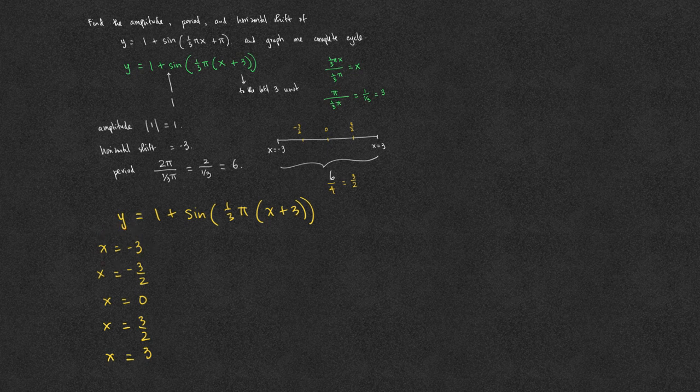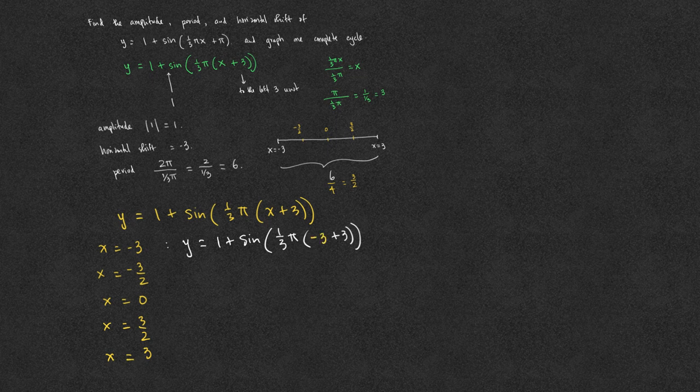These are the x-coordinates of the 5 points. The first, x equals negative 3, y is 1 plus sine of 1 over 3 pi. We plug in negative 3 for x. The plus 3 from the equation stays. And so what we're doing is that we rewrite the given function and we plug in x equals negative